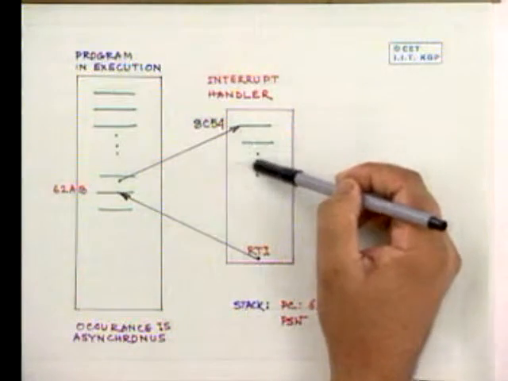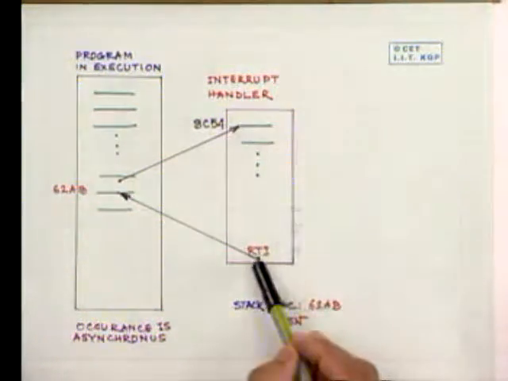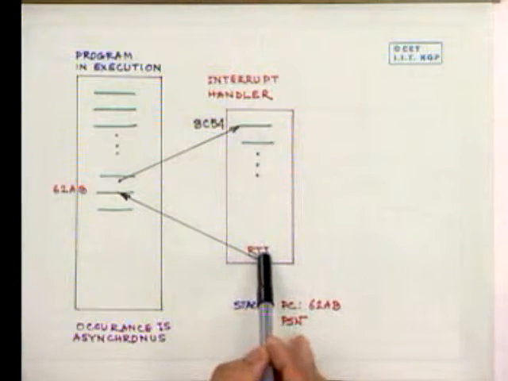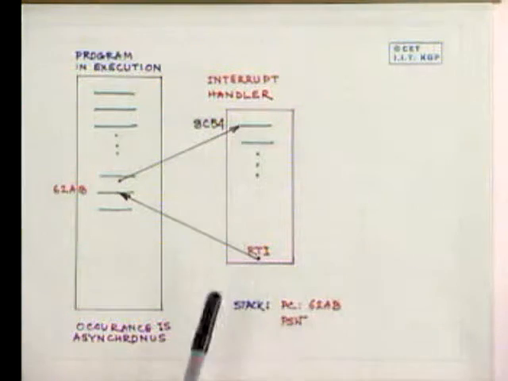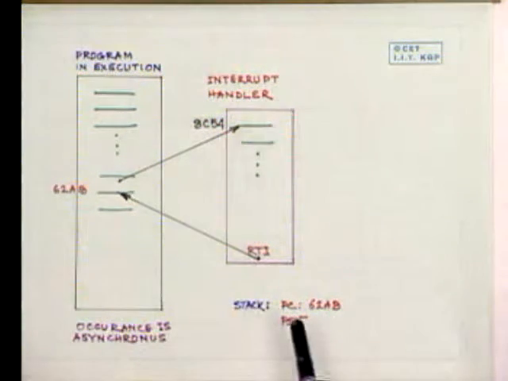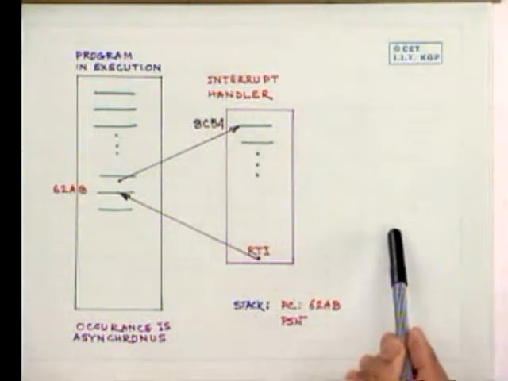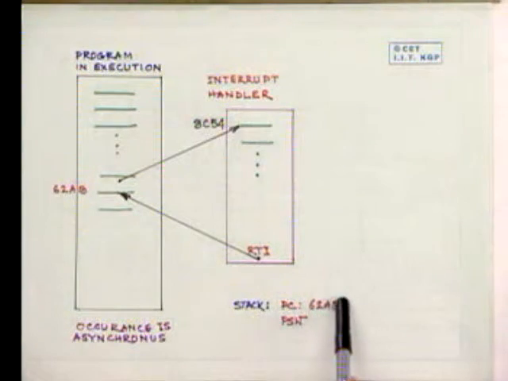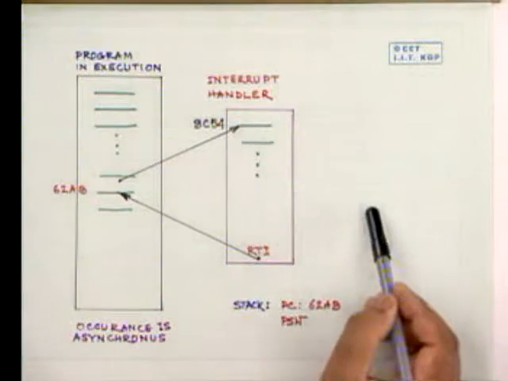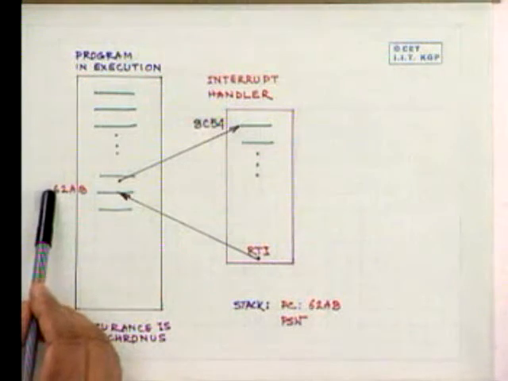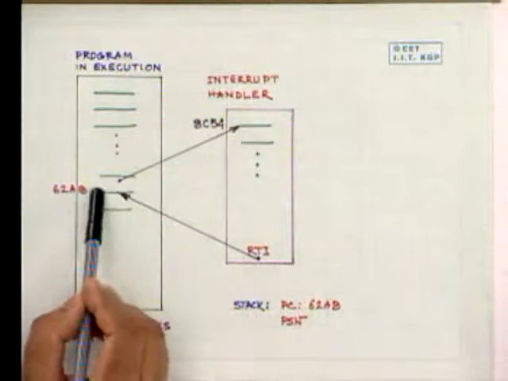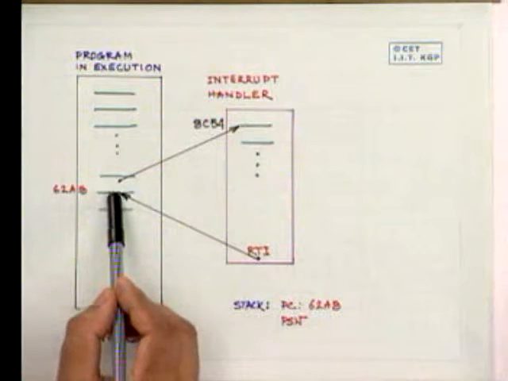Now the interrupt handler routine is executed. At the end, a return from interrupt will be executed, like a return from subroutine. The return from interrupt takes the processor status word out of the stack and loads it back into the processor status word. It takes the program counter content and loads it back into the program counter, which means now the program counter is pointing to 62AB, the control returns to this instruction and the execution of this program starts